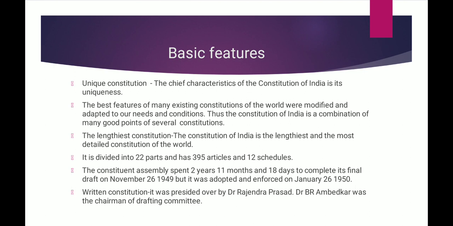Although the Constituent Assembly completed its draft on November 26, 1949, it was adopted and enforced on January 26, 1950. There was a 2 months gap,